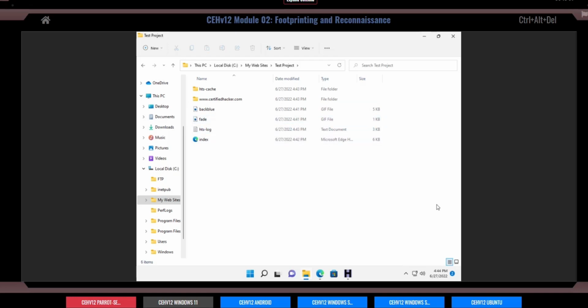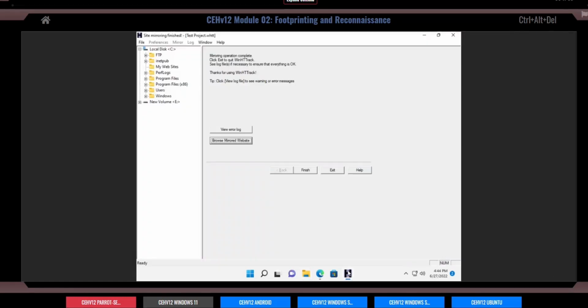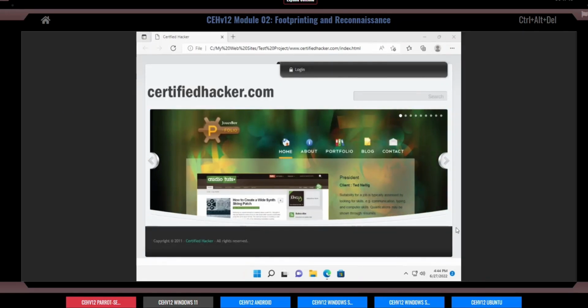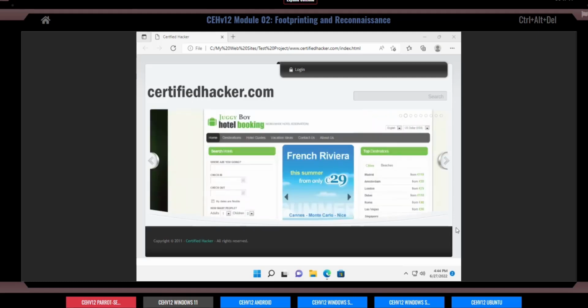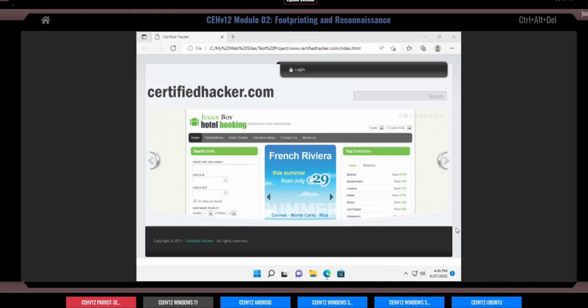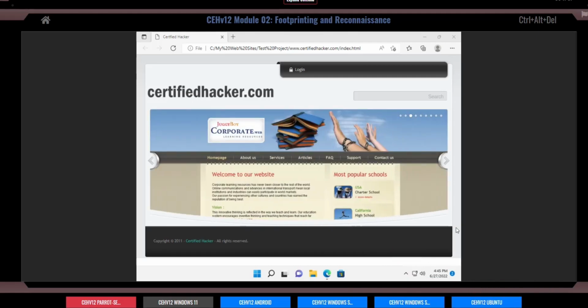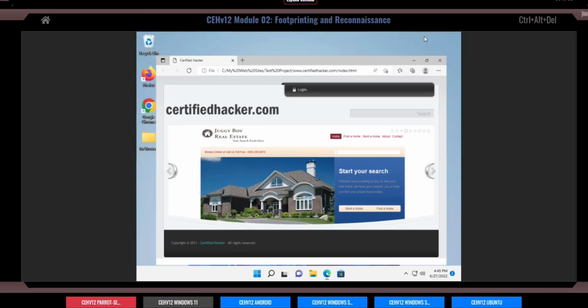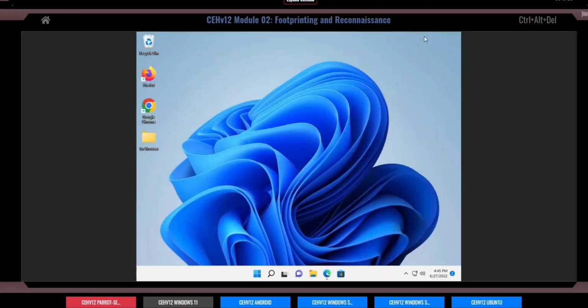And once you're done with your analysis, you can close your browser window and click Finish in the HTTrack window to complete the process. All right, some websites are pretty big, and it might take some time to mirror the complete site. The attackers can further use the vulnerabilities identified through the website copier to launch various application attacks on the target organization's website. All right, this concludes our demonstration of mirroring a website using the HTTrack